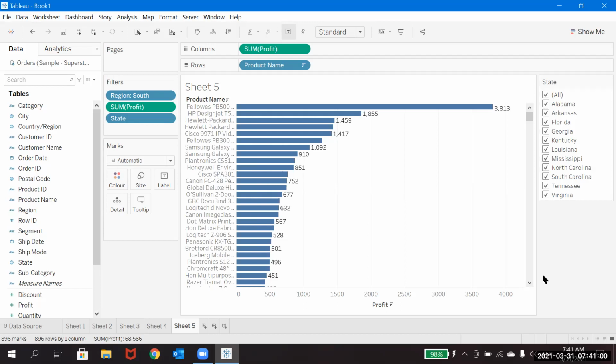Just read the question clearly. When the user gives you a question, you should understand it clearly. If I ask, I would like to see the product wise profit by region and with respect to each state, then you should enable the region filter also. They will select the region. It's not that you will just filter for south.